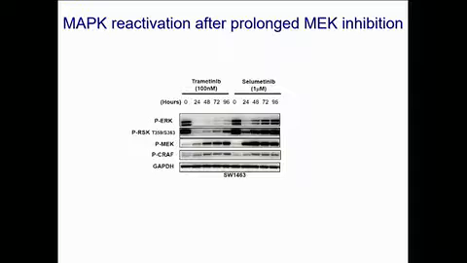And that's actually what we saw. So I'll show you a little more data on this in a second. But this essentially summarizes our findings: initially, out to 24 hours, you get very nice inhibition of phospho-ERK, one of the main downstream effectors of the MAP kinase pathway, and also RSK, which is a target that ERK phosphorylates. But after time, 2 days, 3 days, 4 days, you see that these levels gradually come back, and